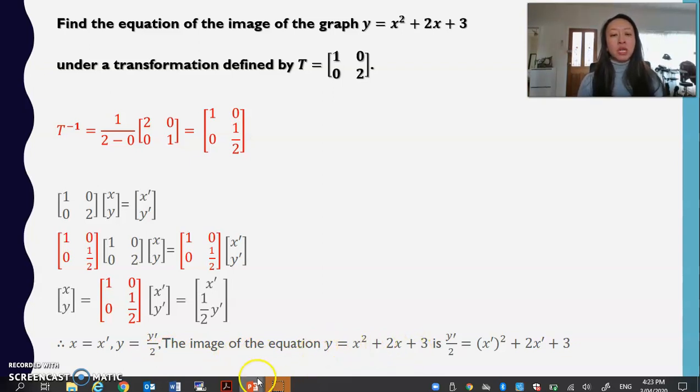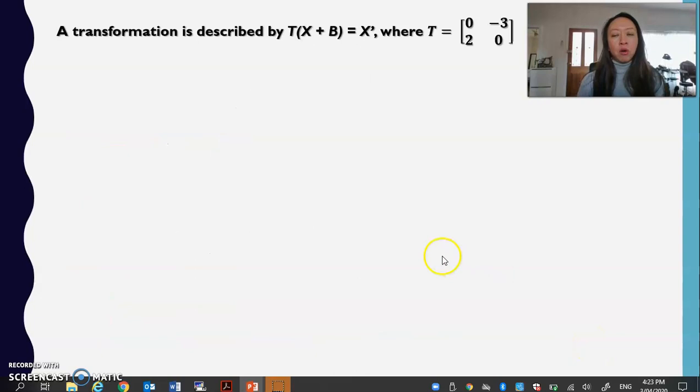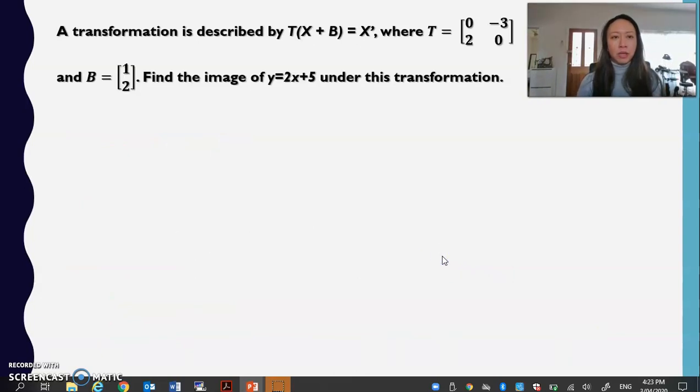So the image of this equation is going to be, we have to substitute the y prime over 2 into my y, and my x prime into my x over here. So this is going to be the equation of the image of my graph. So if we go on to the next question over here, a transformation is described by